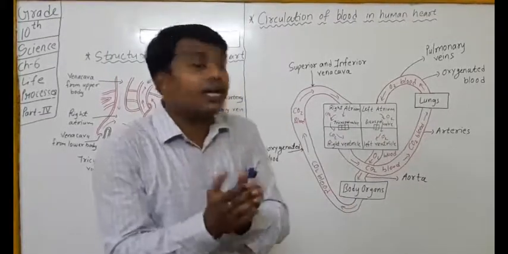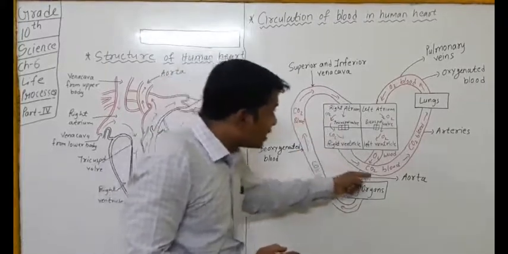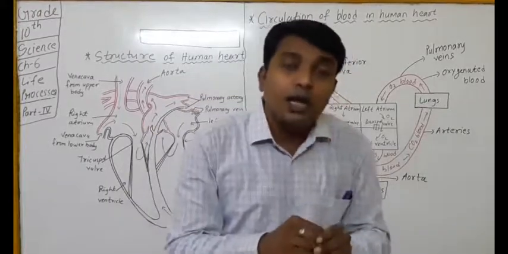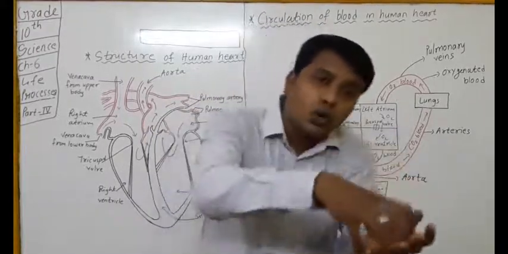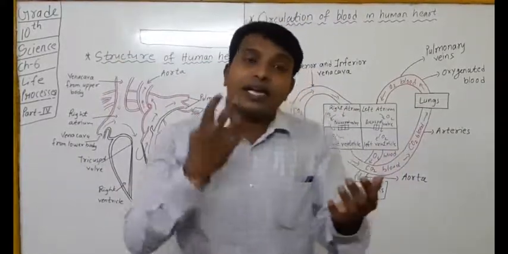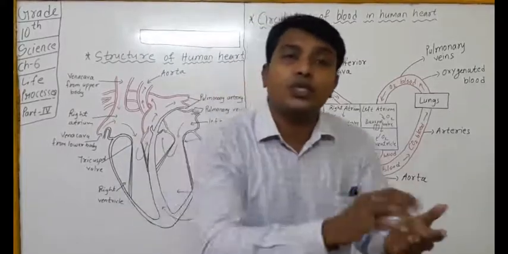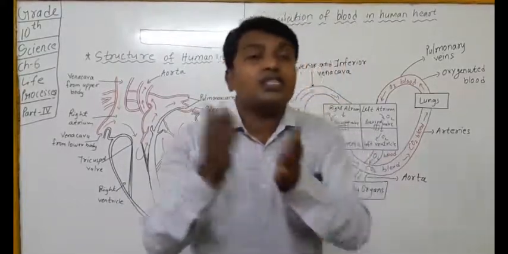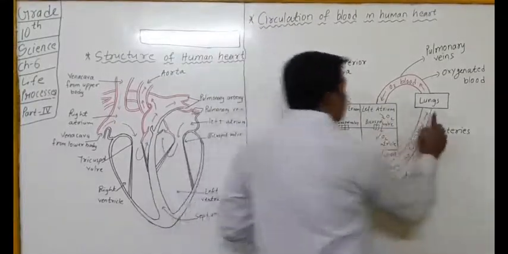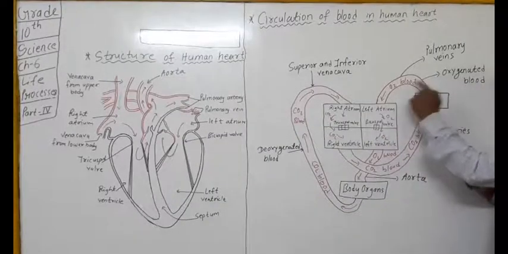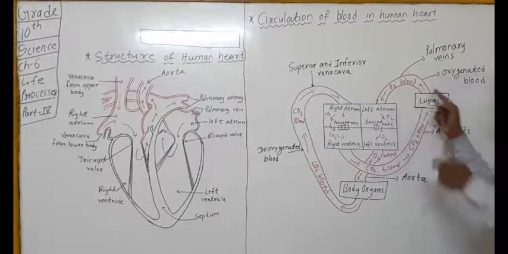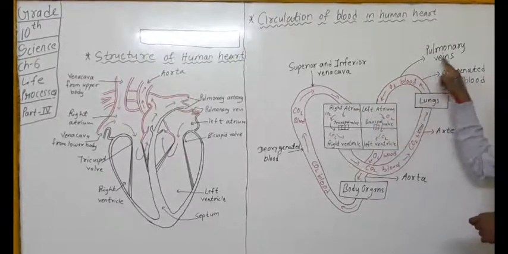Okay, यानी क्या होता है कि जब blood right ventricle से lungs के अंदर जाता है, तो जैसे ही blood lungs के अंदर जाता है, it's an impure blood. Now that impure blood में से क्या किया जाता है, CO2 को निकाल लिया जाता है, and due to inhalation, whatever oxygen is taken into the lungs, that oxygen is given to the blood. Because of that, CO2 blood becomes O2 blood. That means the blood entering from this side is CO2 blood. Now after the process which takes place in the lungs, that CO2 blood becomes O2 blood, and now that O2 blood is taken into the left atrium by the pulmonary vein.